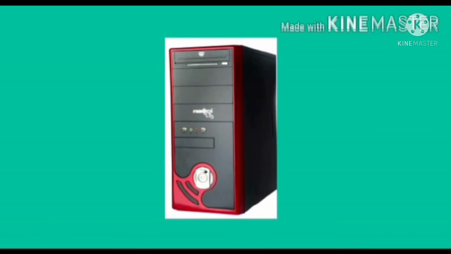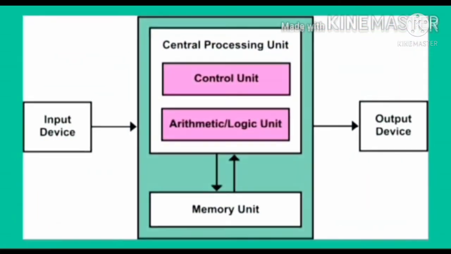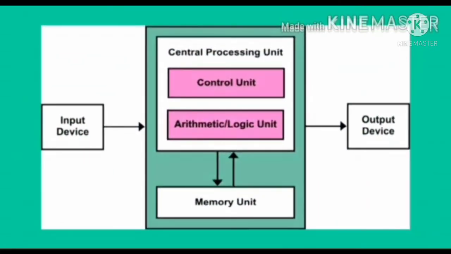The CPU is the brain of the computer, where it processes and stores the information, performs calculations and sends the results to the output devices. It performs all the jobs which we want to do. It is also known as the system unit. The CPU has mainly three parts. Now let's see these three parts of the CPU.